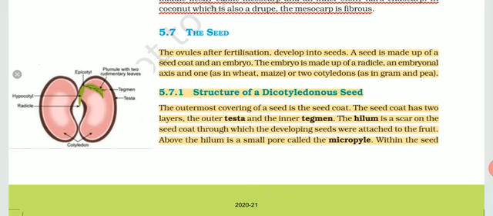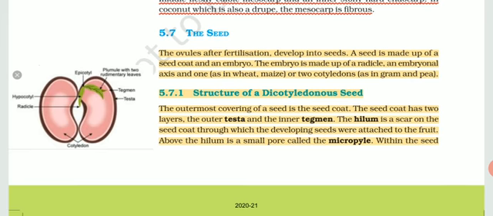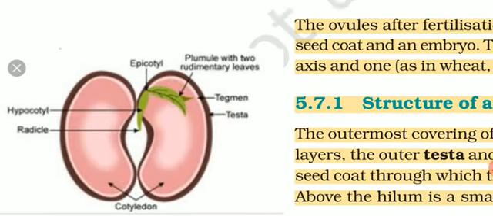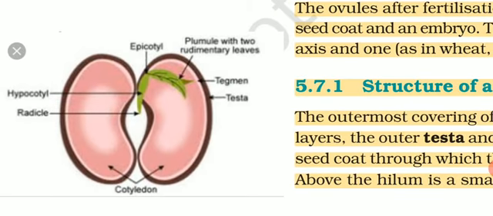As we have already discussed the different parts of the flowers, fruits, estivation, and presentation, now is the time to study the seed. Seeds can be of two types, as they are from monocotyledonous and dicotyledonous plants. So seeds are also divided into two kinds. If we talk about the covering of the seeds, it has two layers. One is called testa and the second is called tegmen. The outermost covering of the seed is known as testa. Inner to that is known as tegmen.